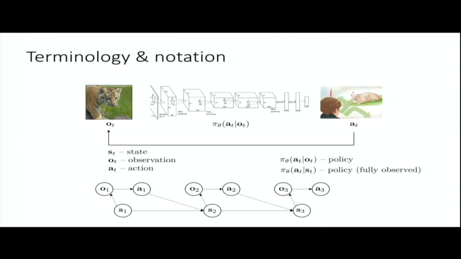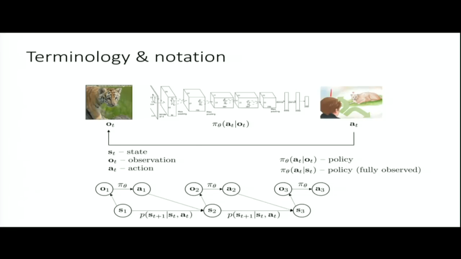And if you have this kind of policy, the partially observed policy, it's going to act on the observation to figure out the action. So that's the policy up there. And the relationship between states, actions, and next states is sometimes referred to as the transition distribution, the transition function, or the dynamics. That tells us how our current state and action will influence the next state.